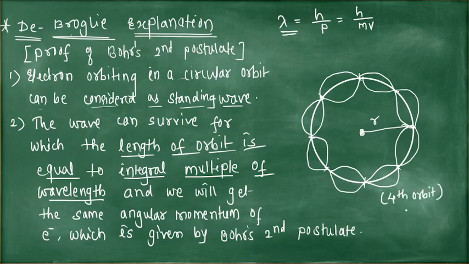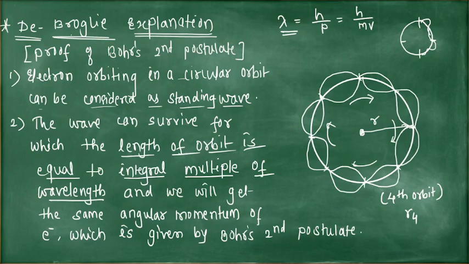And radius you can write as r4, but here it is shown as simply r. So draw the circle and divide this circle in 4 parts and then draw the stationary waves. So this is very simple. 4 stationary waves are formed. So you can draw easily the stationary wave in this fourth orbit. So this diagram is given in the textbook.